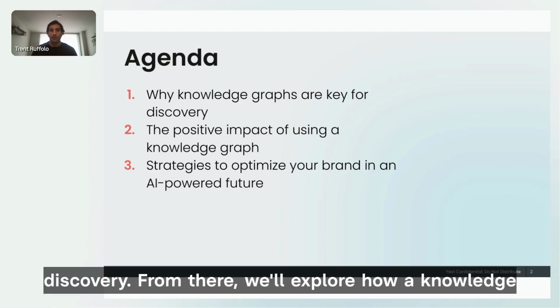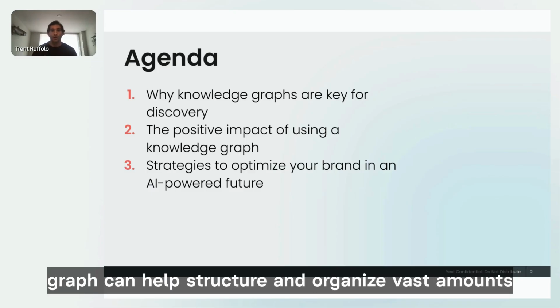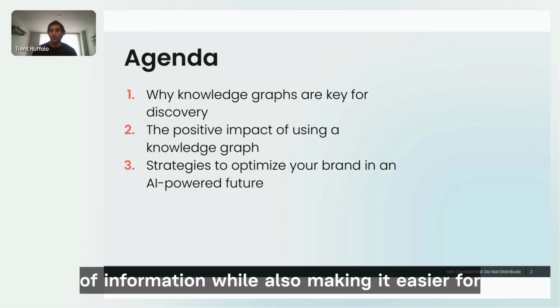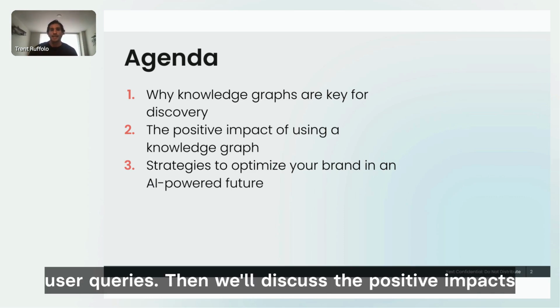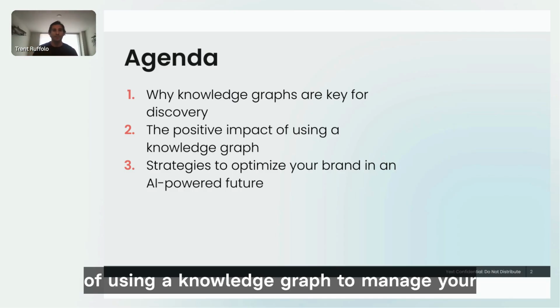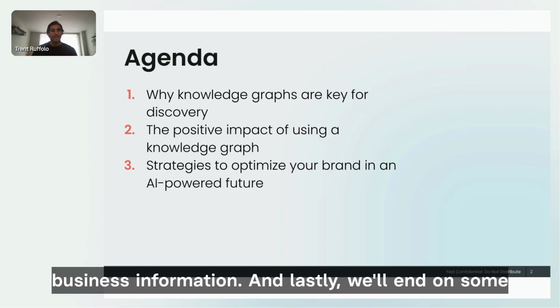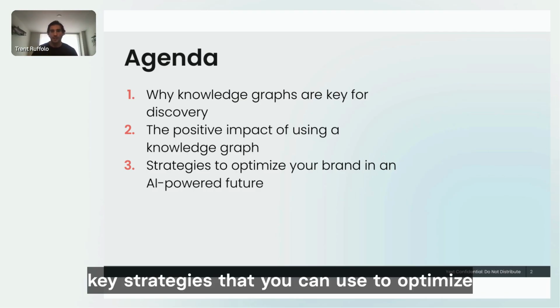From there, we'll explore how a knowledge graph can help structure and organize vast amounts of information while also making it easier for AI to provide more accurate, precise answers to user queries. Then we'll discuss the positive impacts of using a knowledge graph to manage your business information. And lastly, we'll end on some key strategies that you can use to optimize your brand for the new world